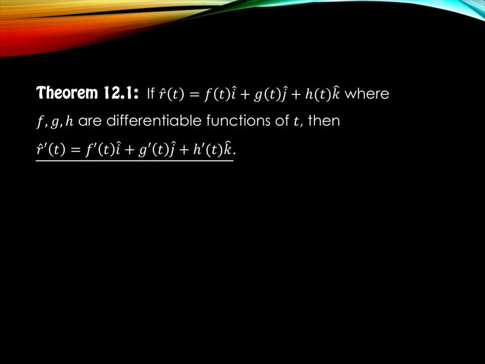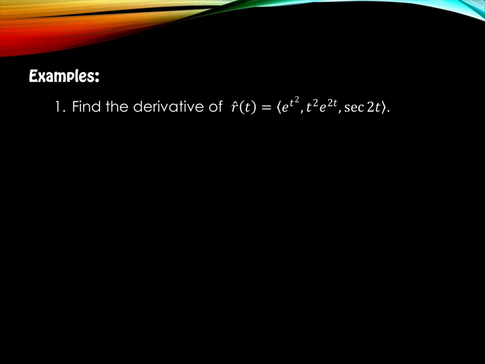And so we're going to be given these three functions. So in one particular problem now, instead of just finding one derivative of one thing, you're potentially going to find three different derivatives of three different functions, if it's a three-dimensional one. So when we have this vector equation, r of t, it has the components, in component form without the i, j, k's but with those angle brackets: e to the t squared, e to the 2t, and secant 2t, those three pieces. So we're going to find three derivatives, right? So we're doing r prime